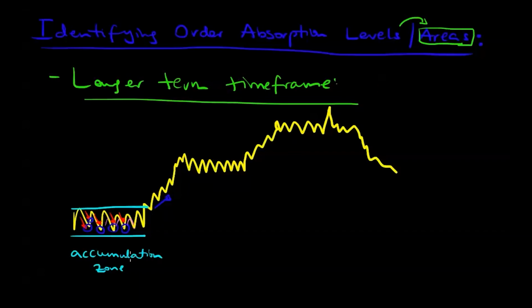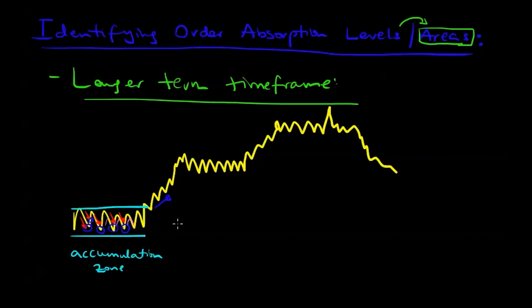So really, the whole point of identifying these accumulation areas is identifying where the smart money is actually building their positions for the potential trend. These are the institutions that are most probably, in most cases, actually moving the market in a certain direction, creating trends. So as soon as the market actually gets into an area where the fund manager says, okay, this is